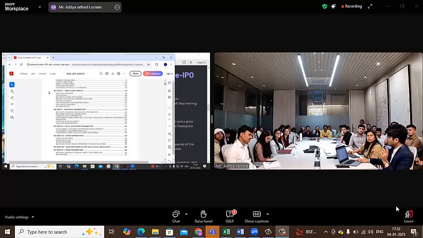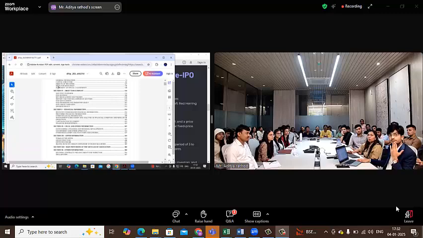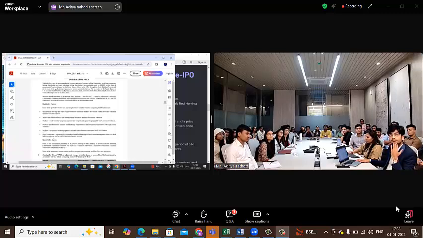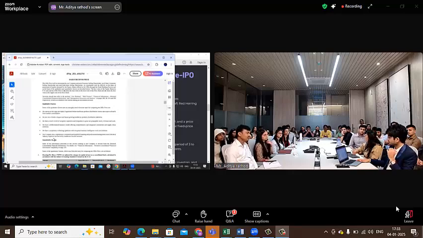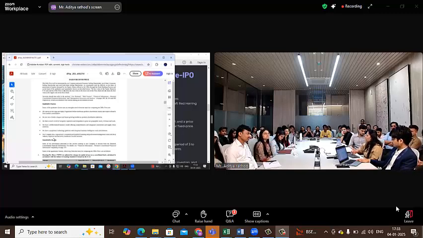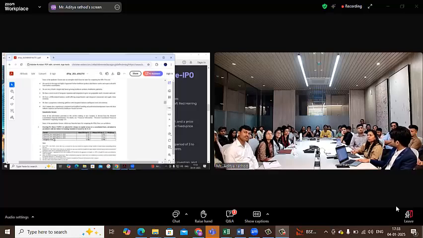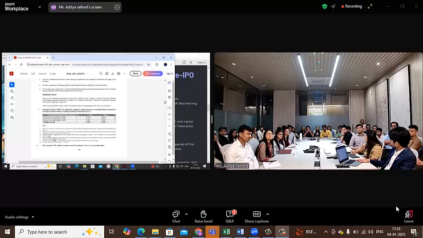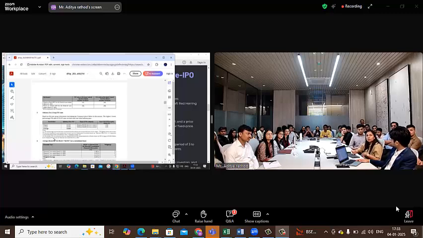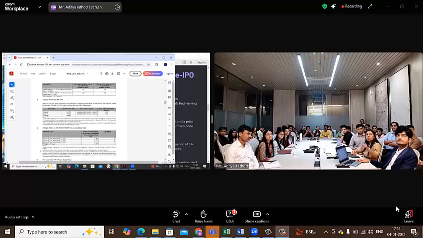So this was just an overview of what things we are supposed to cover. Again, basis for offer price is an important section. So here you'll have all those ratios, ROI, EPS, P/E, and all those, based on which pricing of a share during listing is decided. So this is again very important, and generally you have peer comparison, like industry comparison and all in this section. So all these industry peer company P/E ratios and all.